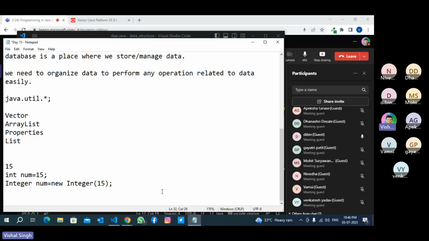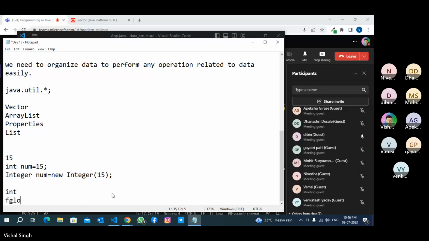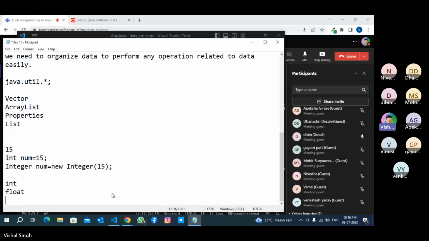So Java supports both primitive data types and wrapper classes. If you want to store 15 as a normal value, you can store like this. And if you want to store 15 as an object, you can store like this. See, this 15 is an object and this 15 is an int. So for every primitive data type, Java has wrapper classes.